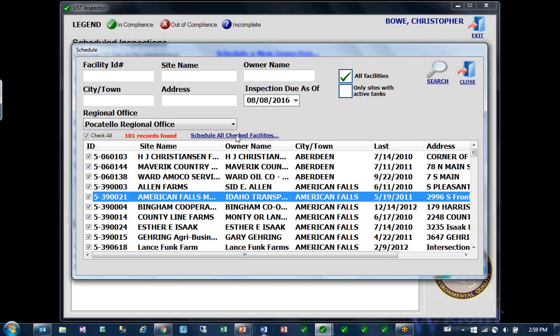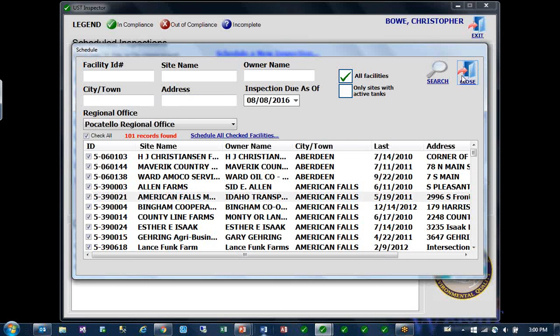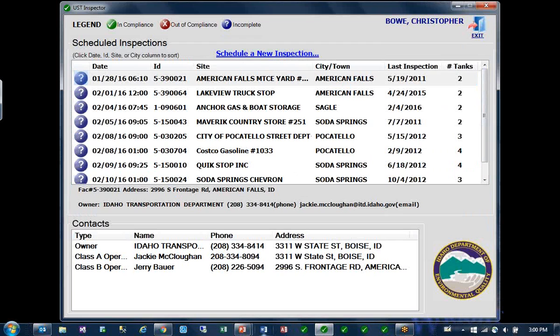If you were going to go to a particular town, especially if it's a remote town and you want to get a whole bunch done and not drive out there 3 days in a row, that's a good way to go about doing it. Okay, so I wanted to take a quick look at an inspection at